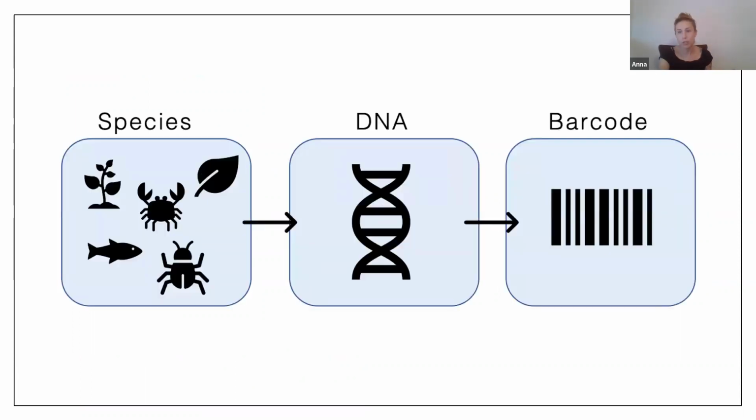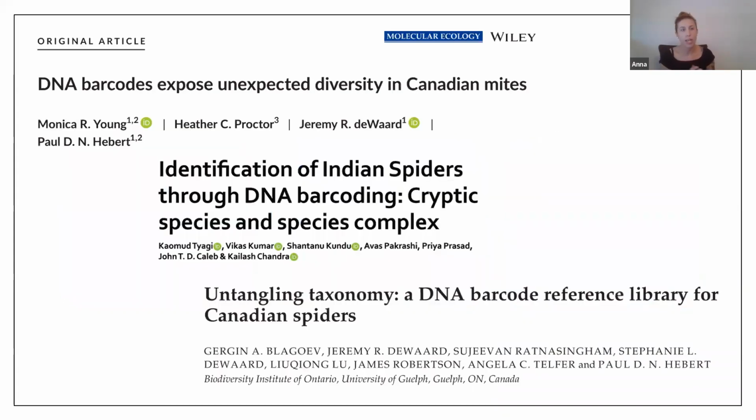So in the early 2000s, DNA barcoding was proposed as a method to work around the taxonomic barriers that do exist. Of course, taxonomy and systematics is incredibly important, but when we really want to document communities quickly and monitor them, we need to think of a method that paired with taxonomy would allow us to understand what's happening in different systems globally. And so DNA barcoding has now really been adopted widely and is being used in multiple studies to look at whole regional pools of species in different parts of the world.